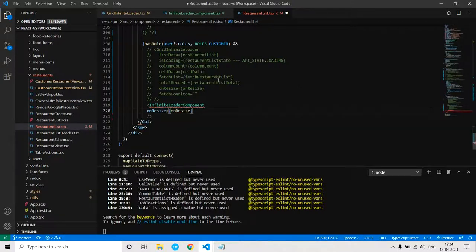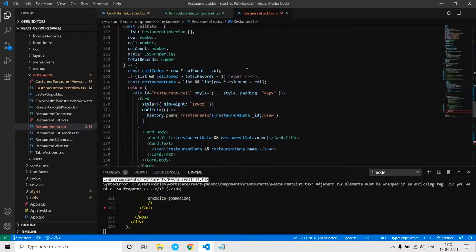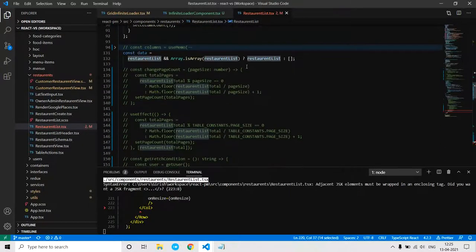This is my on resize function, and we pass this list, which is basically list data, restaurant list data. It can be any list data. Here the restaurant list is an API response.